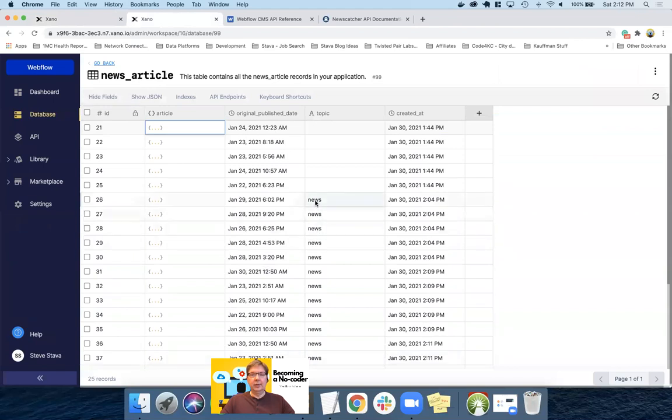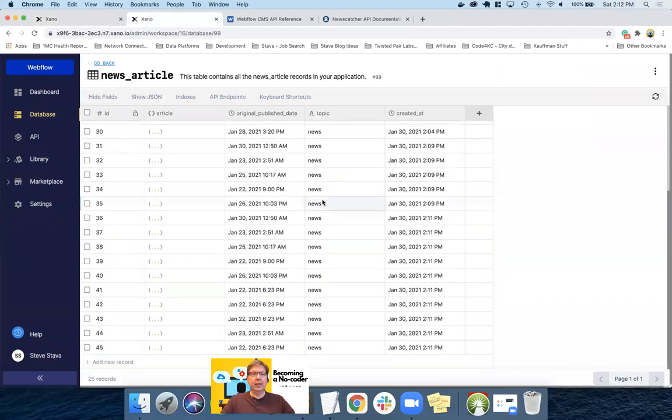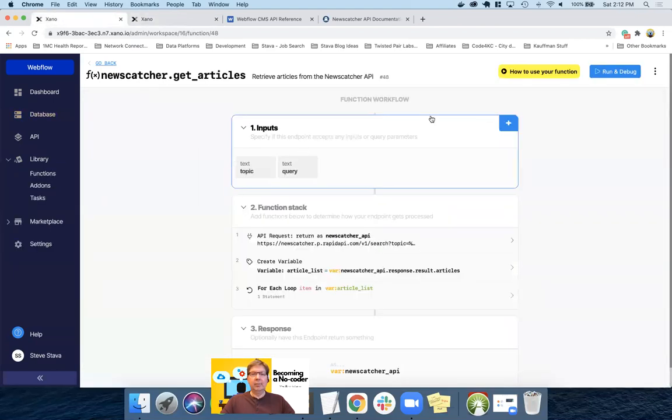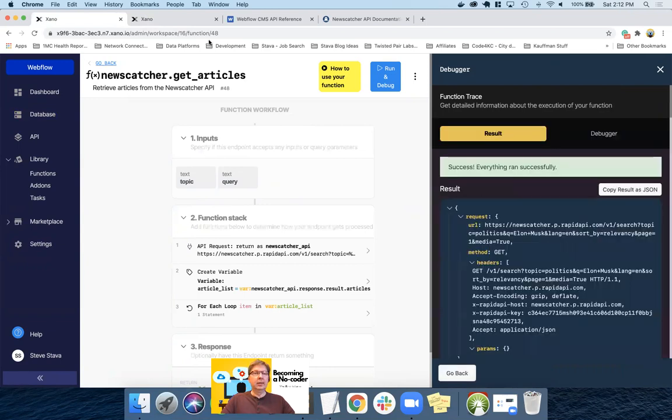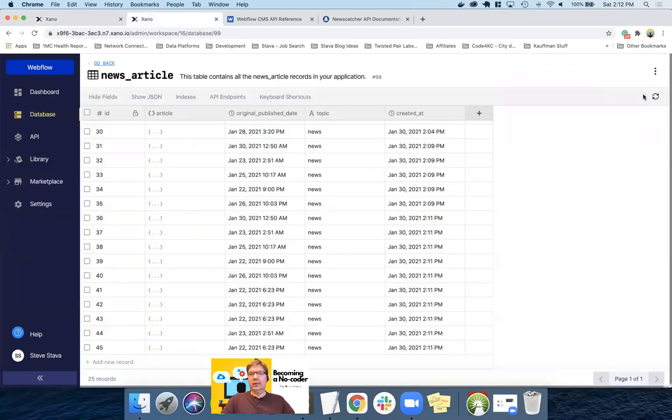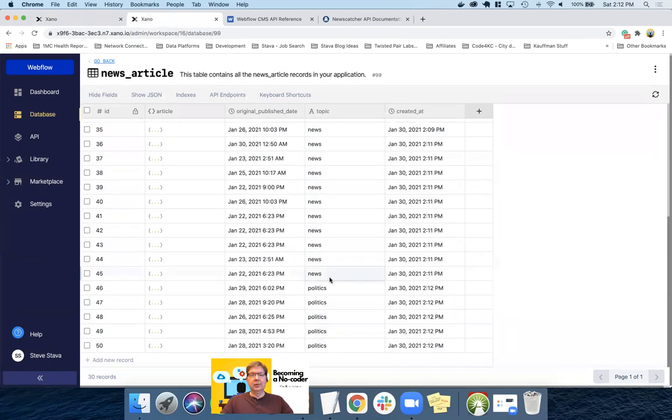And if you notice, I am also now adding the news topic that was used to find these, meaning that if I come back and rerun this and I do politics, we'll see if we actually, and refresh. There we go. That means I have now recorded the content of the article that we used to put to Webflow. I have the original publish date that we've been using now, and now I have a topic